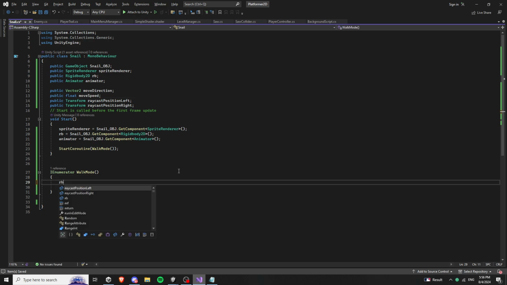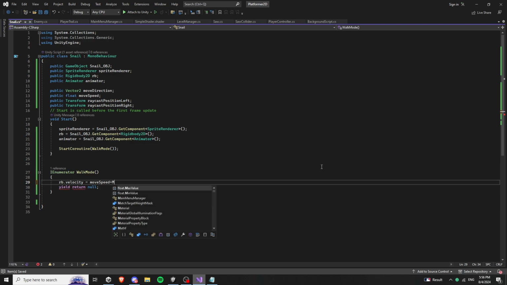So let's just set the velocity to speed times move direction. Start like this,